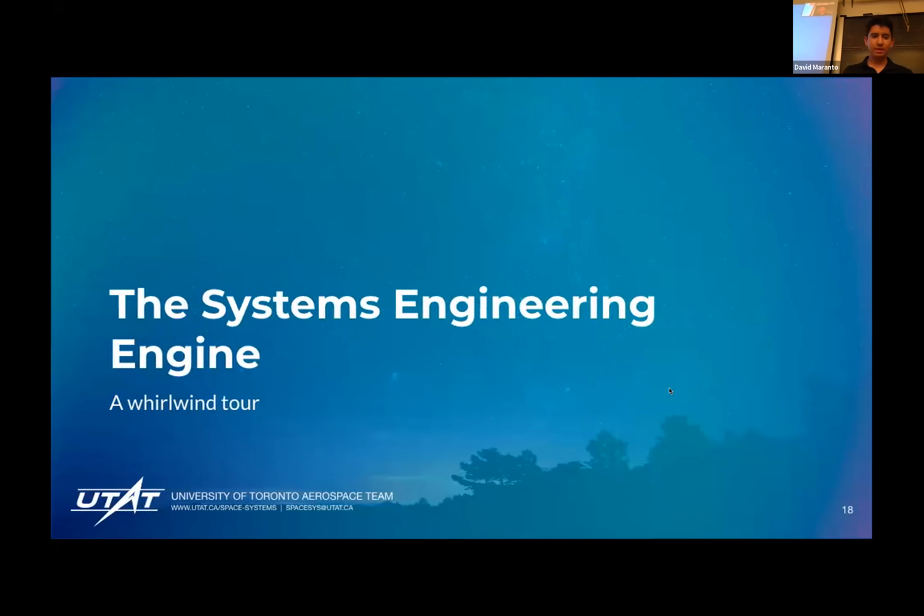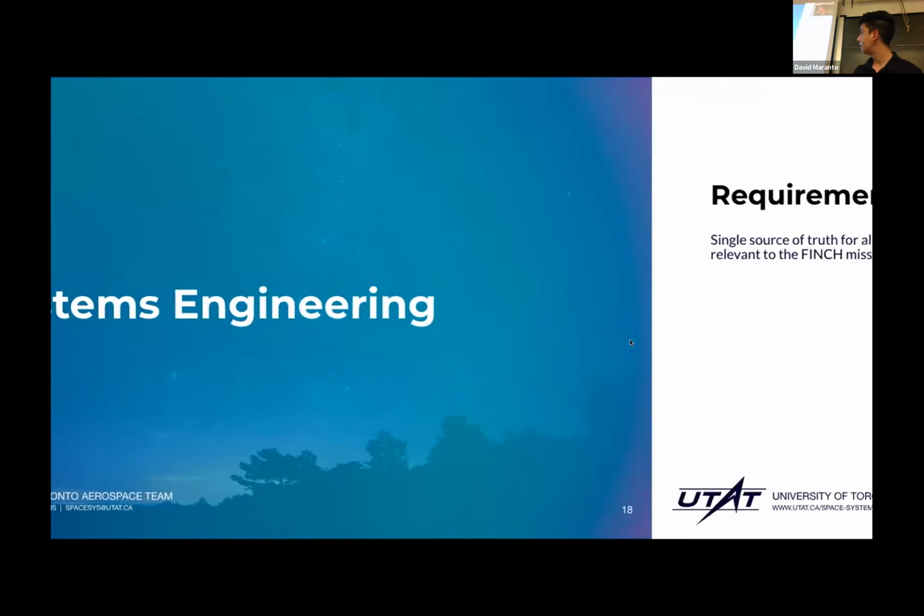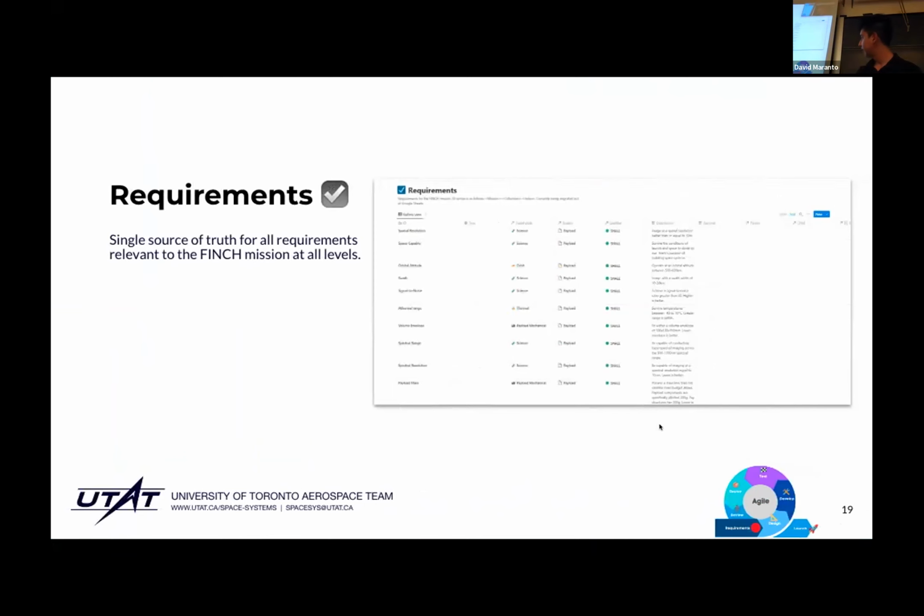Okay, let me take you through the systems engineering engine now. That is that model I showed you a second ago, this Agile model. And we'll take it through step by step. So we'll start off with requirements. We have a database in Notion that we're migrating to house all of our requirements. This is going to be our single source of truth for all requirements moving forward relevant to the Finch mission